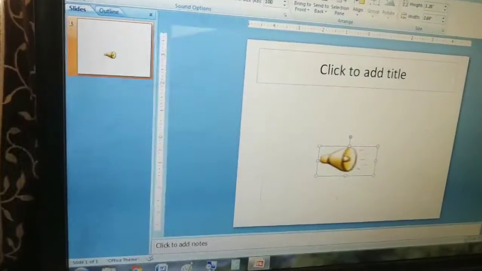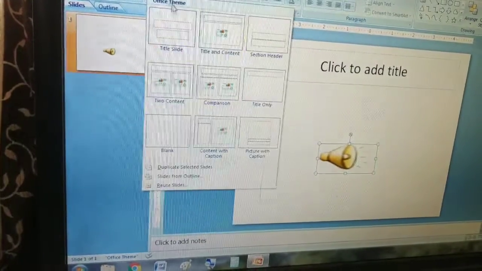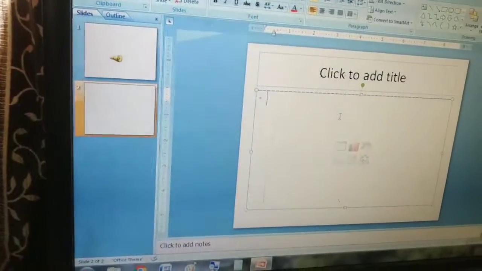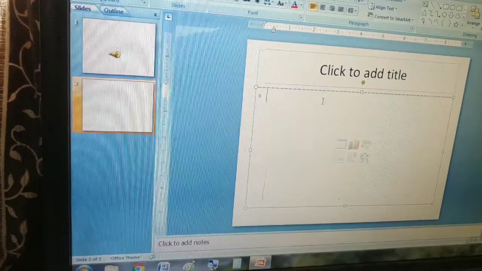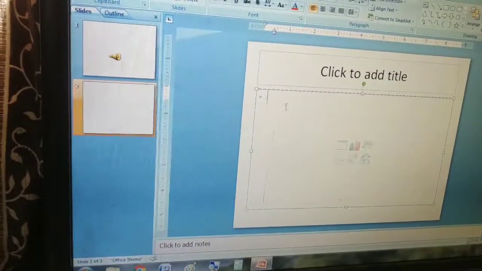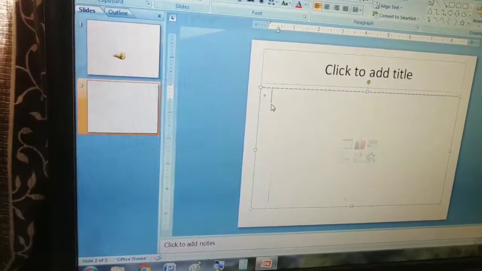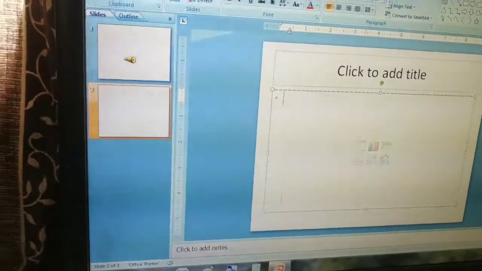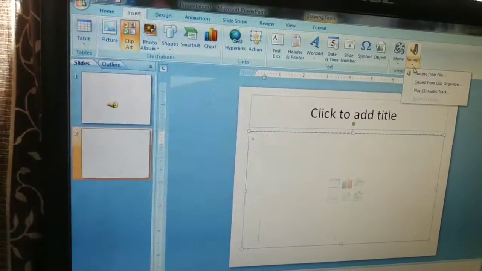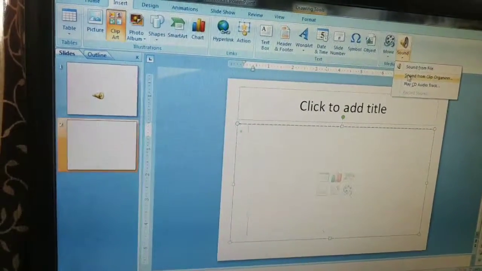Next, here next inserting inbuilt sound. You want to insert sound from clip organizer. Then first select the slide where you want to add sound. For example, here we want to insert our audio clip, then we will click here. Then same in the insert tab in media clip group, click on sound button. In the sound button here select sound from clip organizer.